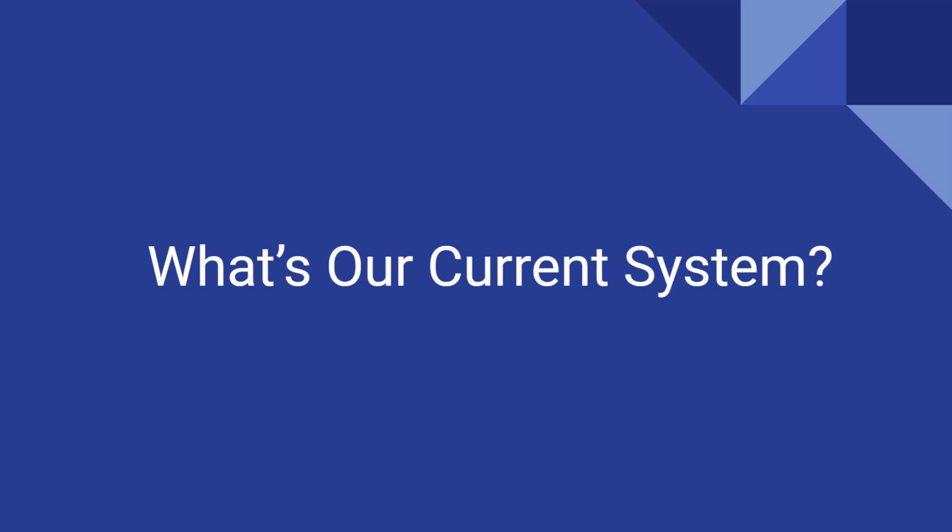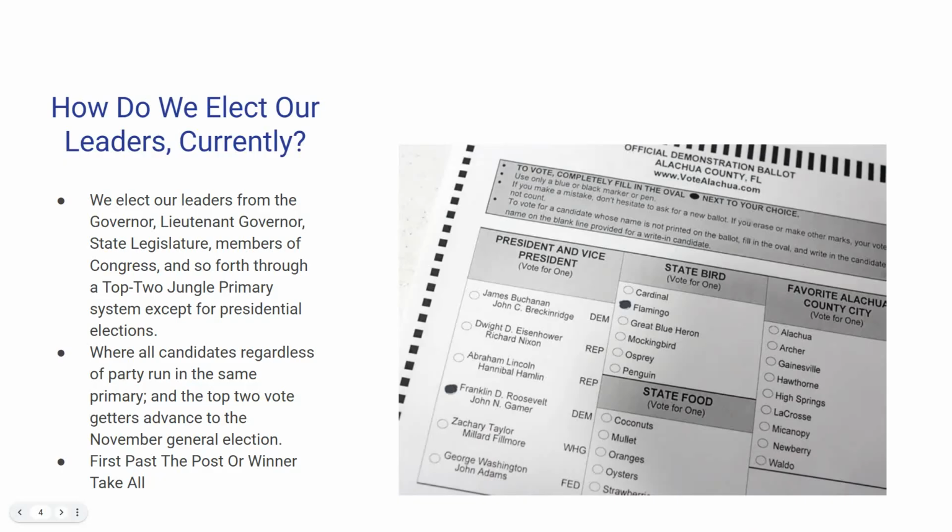And you all may be asking me, the young centrist, what is our current system? What is the state of California's current electoral system? What is California's current method to elect our public leaders, from governor to state legislature to members of Congress, and even to the president, for instance? What is our current electoral system? So, well, my friends, the current system to elect our public leaders in the state of California is a top two primary system,